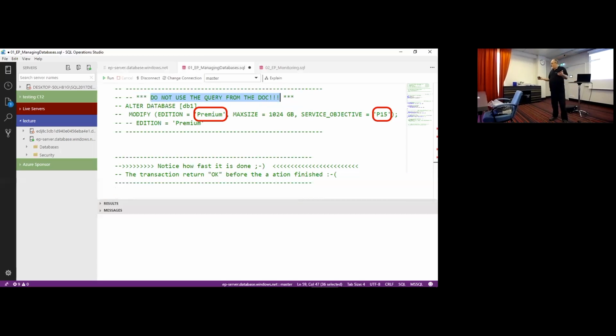Like everyone, when we see a tutorial, we go through it step by step. We see a query, we execute it in order to learn, in order to test. So I did this, and I executed this query, which is from the documentation. And it cost me a few hundred dollars in several minutes.